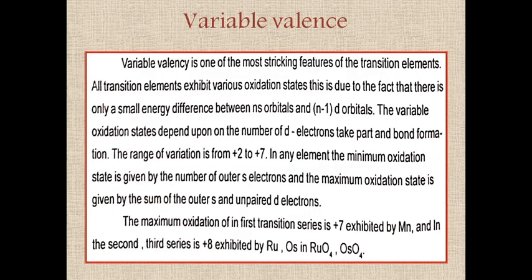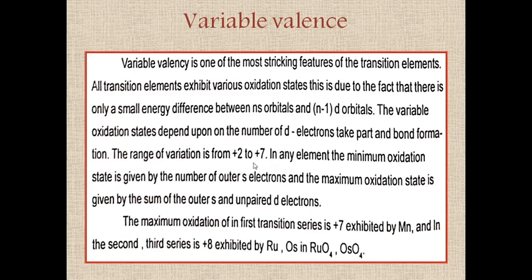Variable valence. It is one of the most striking features of the transition elements. All transition elements exhibit various oxidation states. This is due to the fact that there is only a small energy difference between the ns orbitals and the (n-1)d orbitals. The variable oxidation states depend upon the number of d electrons taking part in bond formation. The range of variation is from